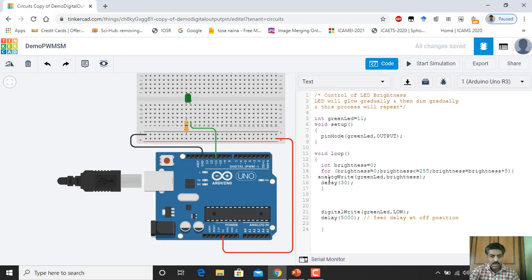So gradually what will happen? You will find that the brightness will increase in this way, and at a particular point you will find that the brightness will become 255. So at 255, it is again true, it will go here and the brightness will be 255, then it will be full on,